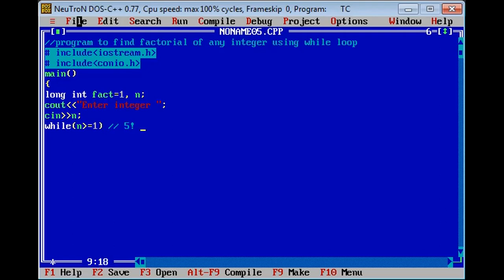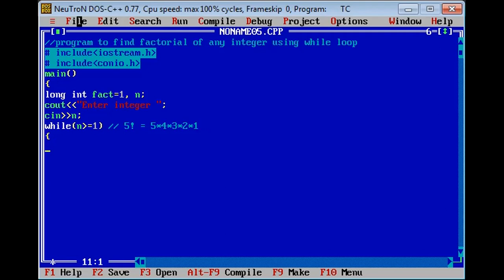So 5 factorial, according to the math, is 5 into 4 into 3 into 2 into 1. So you can see that the loop should execute until the integer value n reaches 1. So we are taking the condition that the integer should be greater than or equal to 1.